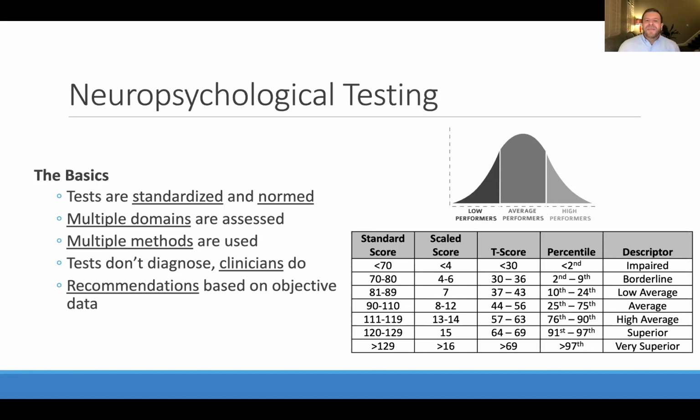Okay. The last piece is that our recommendations are based on this objective data, right? And there's a bit of an art to that in terms of understanding, okay, what level of impairment do we need to see and how does that match up to what's a reasonable amount of intervention to be provided in a school setting? And again, that falls many times to the expertise and experience of the clinician to be able to know what the research says and match that up. But it is based on that objective data about what profile we're seeing and what interventions we know work for that.